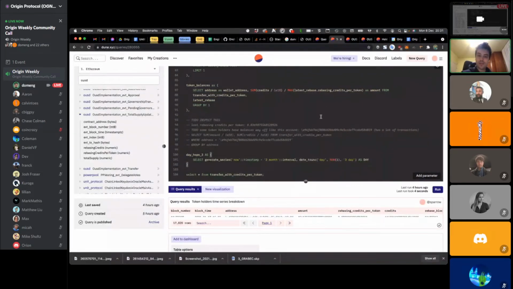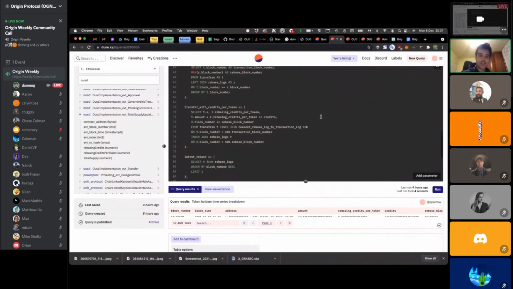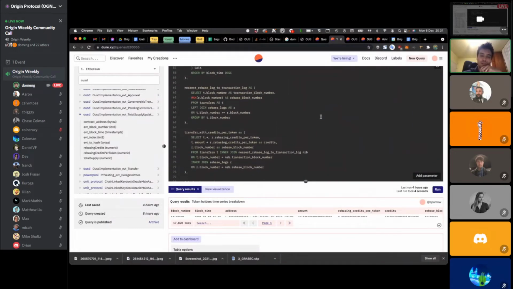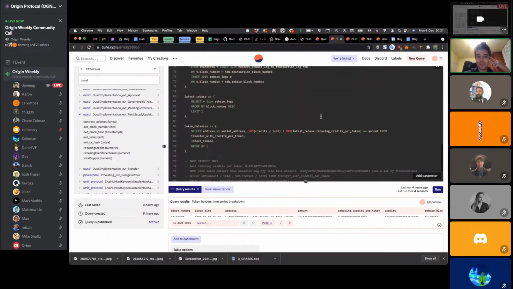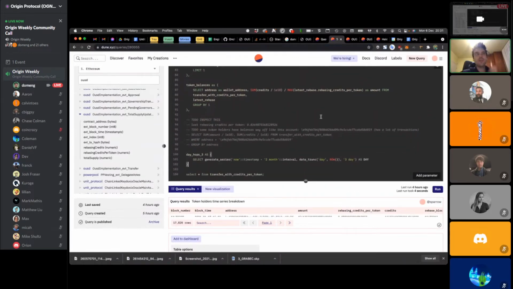Cool. So what else is there? Maybe the most interesting thing was how to get token balances of any account, of any time, almost instantly, or of all of the accounts, without doing any Web3 requests or stuff like that. I'll probably do a separate tech talk or something about this.